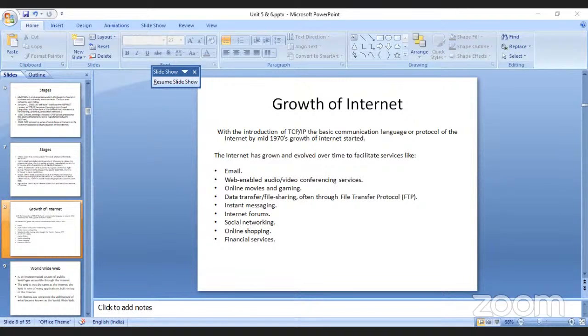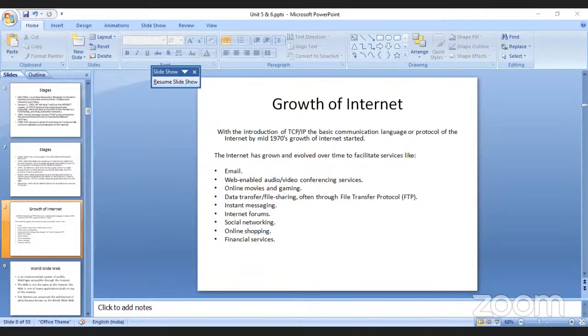How do you go to different pages? How do you log into different pages? There should be an application that helps you to log into different pages. There should be an interconnected system for access of the web pages. So you have www, whatever that particular page is, you can type, and the internet takes you to that particular page. Okay, this is the application and that is the connectivity.